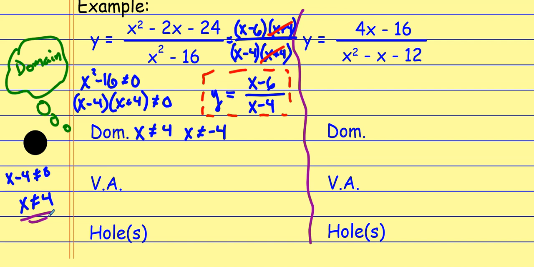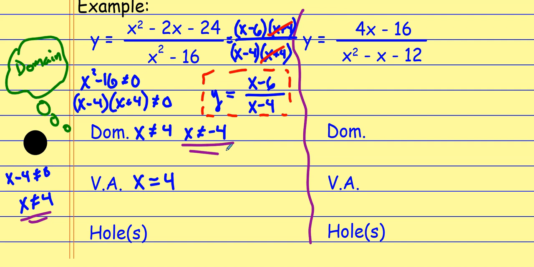That is a non-removable restriction. It didn't go away, which means x equals 4 is where my vertical asymptote is. And x equals 4 is the equation of a vertical line. That's where I'm going to see that dotted line that the function's going to get closer and closer to without touching. Okay? See, now the restriction that was removed, notice I had the restriction right here of x can't equal negative 4 listed,